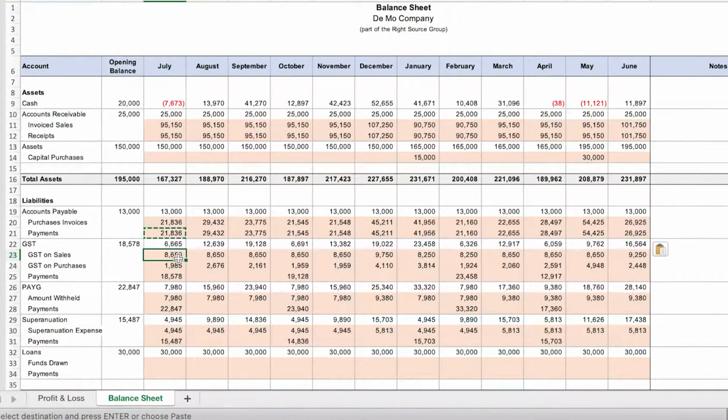So we go through, the next one is GST. So this relates to, obviously, you've both collected GST on your sales, probably, and you're paying GST to suppliers. So at some point, the net of this amount needs to get either remitted to the government or refunded back to you. So that's what this next line is. So we've got already built in here, so you don't have to do anything, some formulas taking the GST that you would receive off your sales. I mean, you can check this because depending on your business, you may or may not be charging GST. Similarly with purchases, there's the GST there. Then importantly, what we've got is when you need to pay the government.